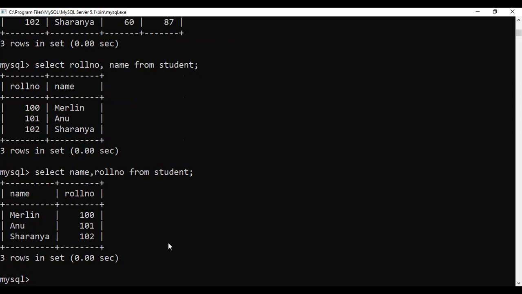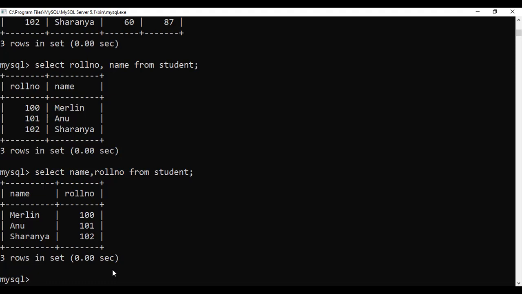Star denotes all columns. Now instead of roll number or name, I just want to give it as S name. For that we have to give the alias name. Alias name means an alternate name or another name I want to give. It is only for the output purposes, that will not appear in your table.